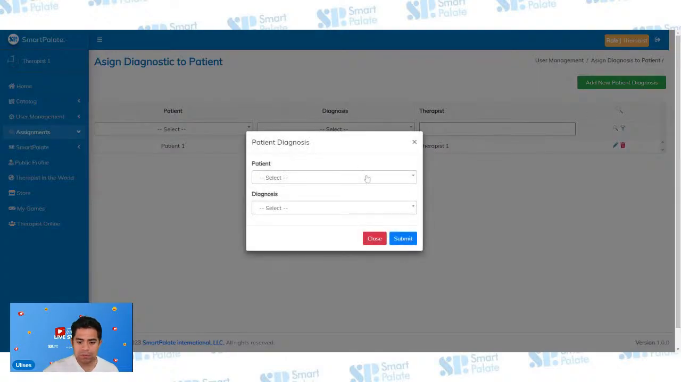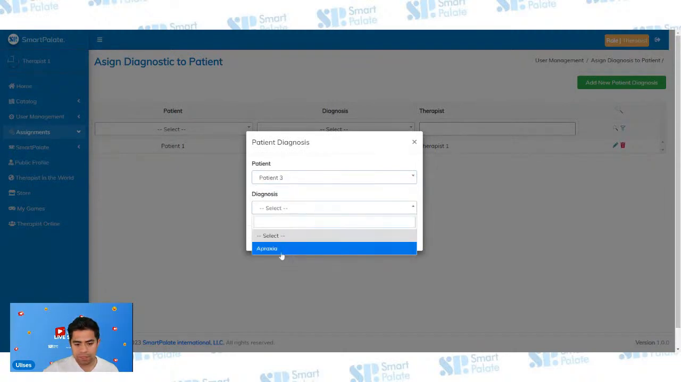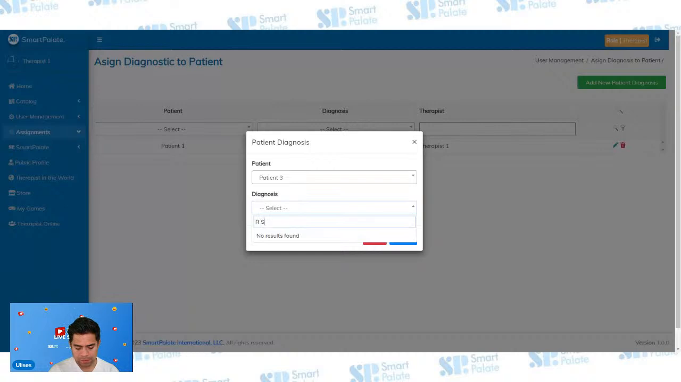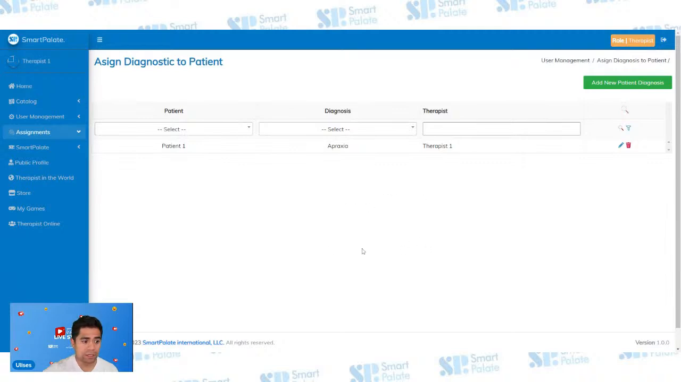So we can apply that to patient number 3. We have a fracture, but we can create a different one. So let's say we'll create a different one. We don't have anything like that, so we have to create it here. Here we are just going to assign this diagnosis to the patient. Okay. So let's go here,